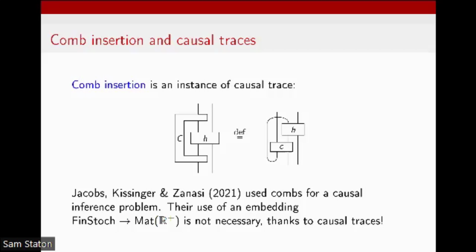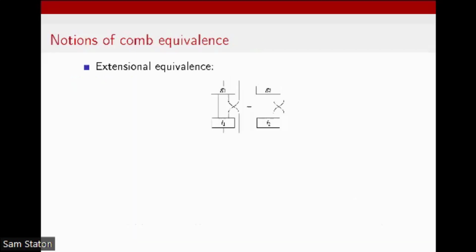Okay. And to conclude, before we all have lunch, I have something to say about Coombe equivalence. So this is from a paper by Hefford and Comfort. I think they will be referred to on the next slide, that I have 3 different ways to say that Coombs are equivalent to each other. The first one, the simplest and most elegant in my opinion, is that their extensions are equal. So how do I get the extensions? I just insert the swap map. So this is called extensional equivalence.